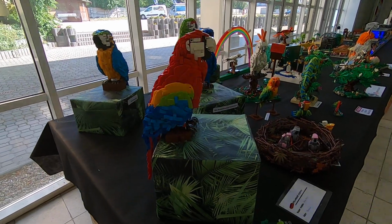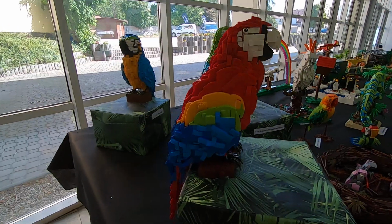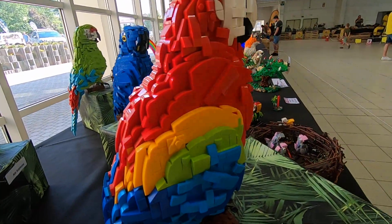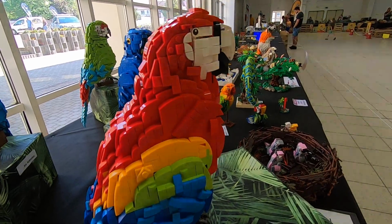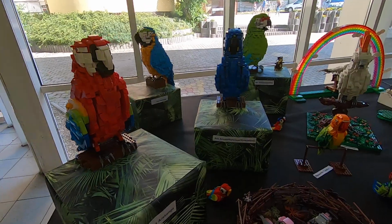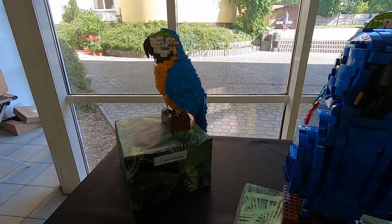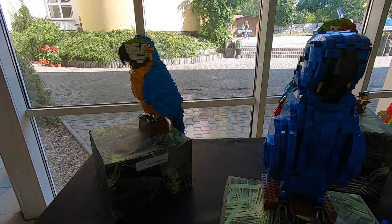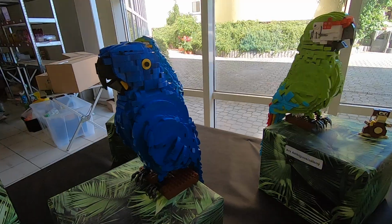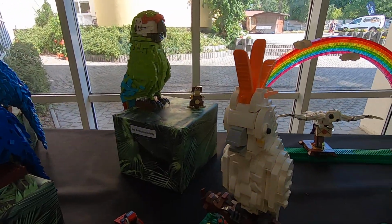First we will start with these Arab birds, which look absolutely amazing. Take a look at the texture, at the colors. It's almost the SNOT technique, which means no studs on top. Beautiful Arab birds with different colors. This one is blue, that one is green, and we have other